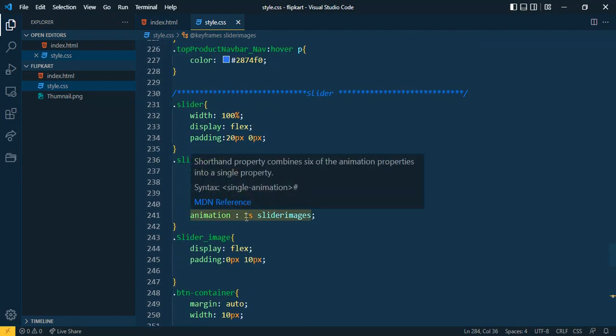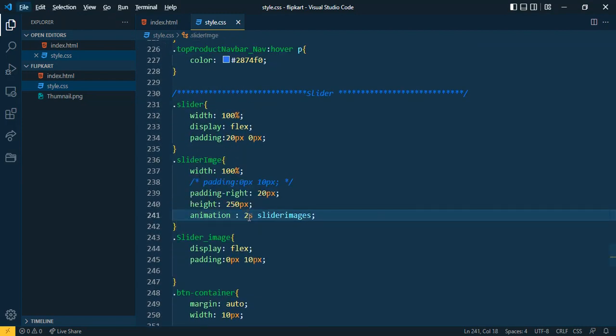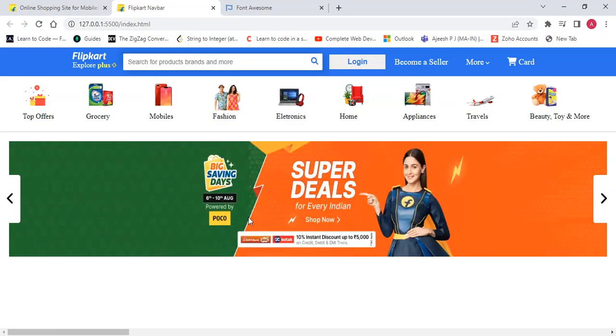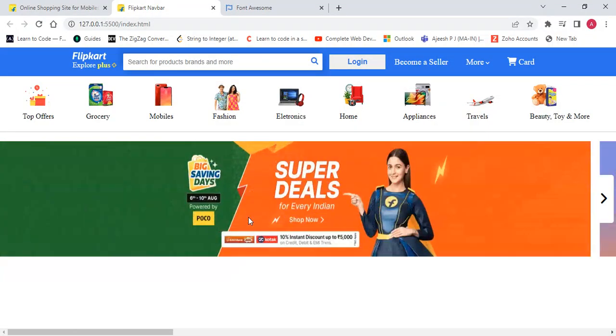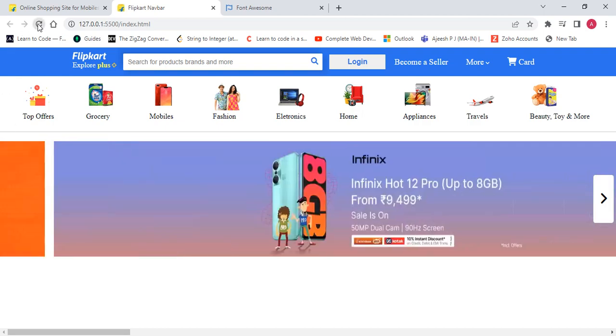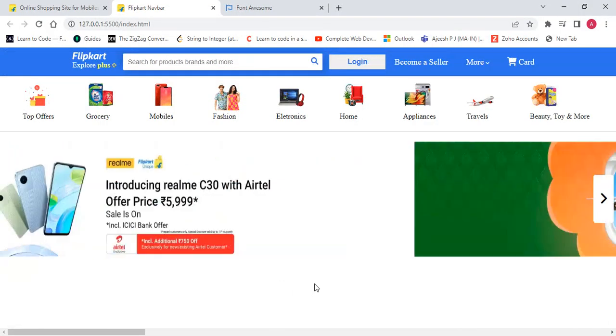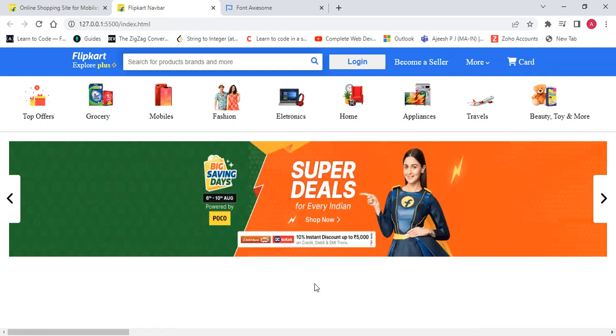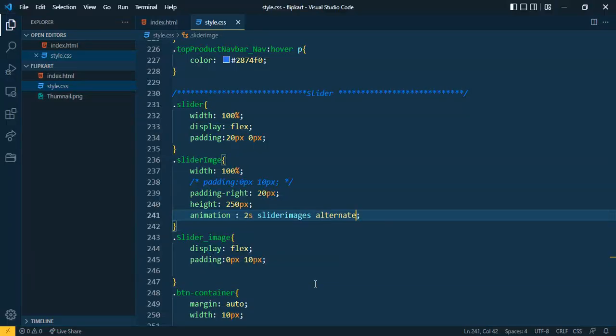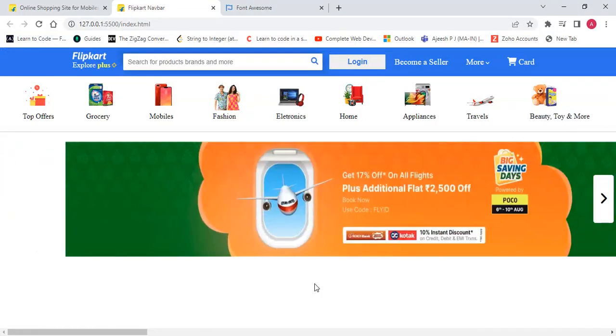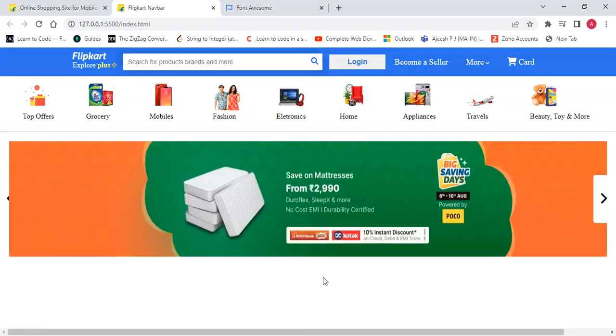That's why let's give this. Now see. Okay, now this one is working, but I want to do this in an alternate way. For that purpose, let's give this alternate. Let's see it. Now see, or infinite. Okay, now continue. This image is now moving,